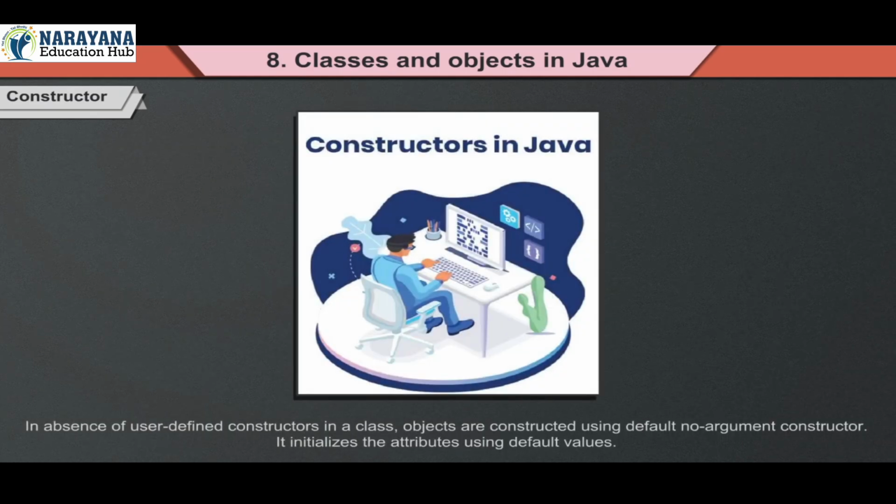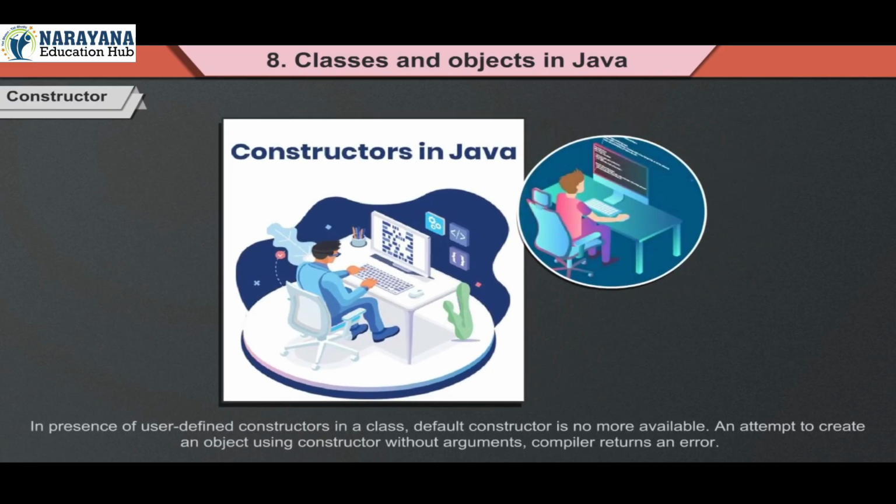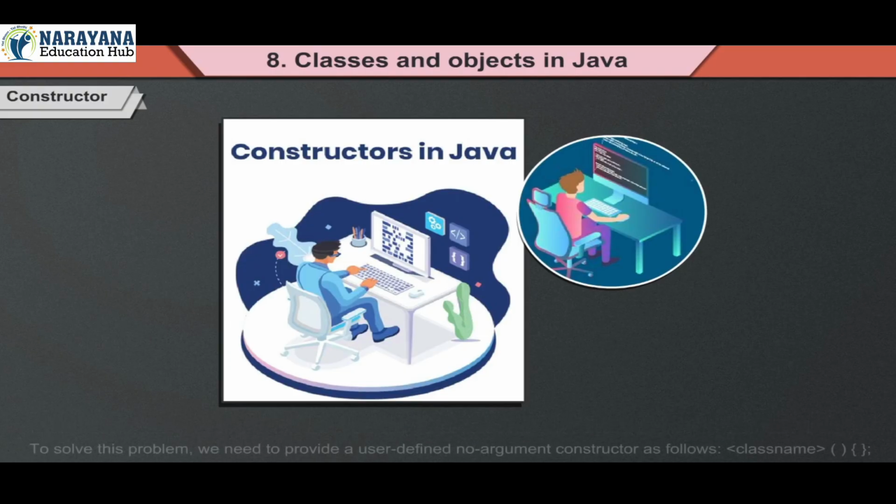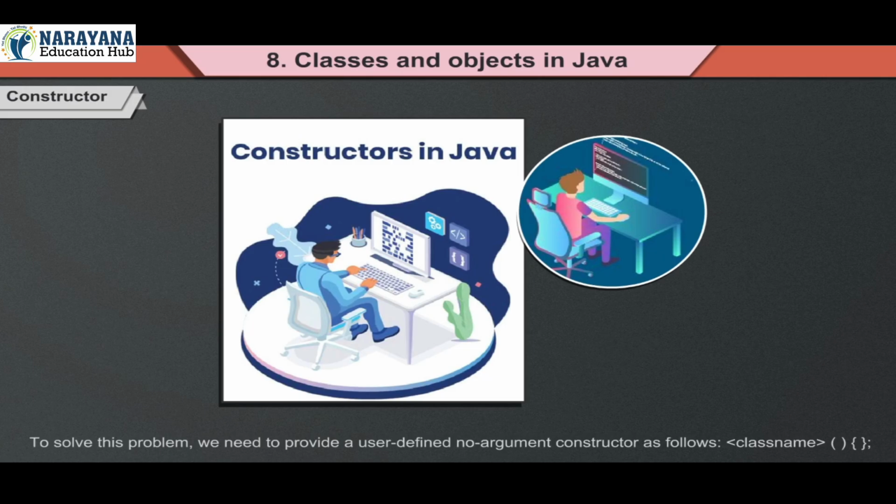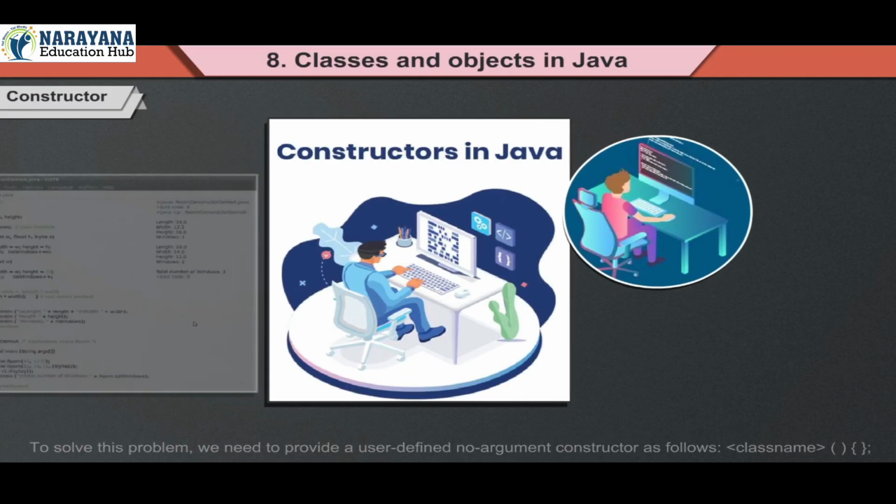In absence of user-defined constructors in a class, objects are constructed using default no-argument constructor. It initializes the attributes using default values. In presence of user-defined constructors in a class, default constructor is no more available. An attempt to create an object using constructor without arguments, compiler returns an error. To solve this problem, we need to provide a user-defined no-argument constructor as follows: <class name>() { };